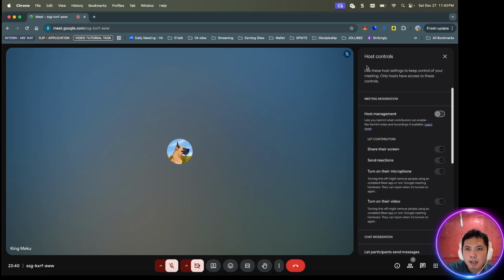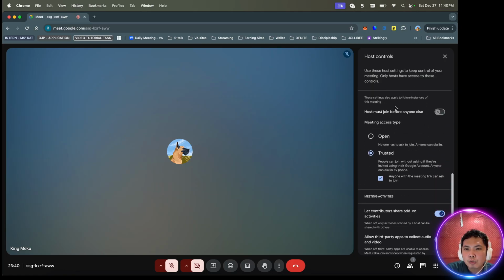Okay, click that one. As you can see, you need to turn on the host management. Okay, click this one, guys, to turn on the host management. So, for us to auto admit the participants, as you can see here,